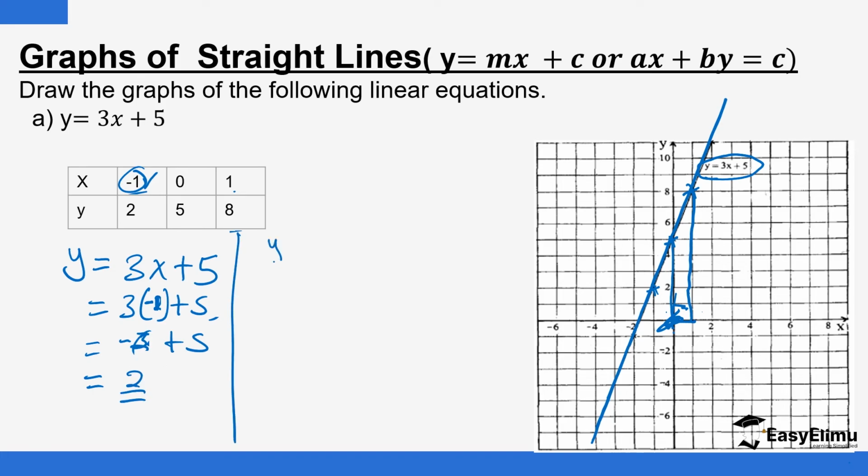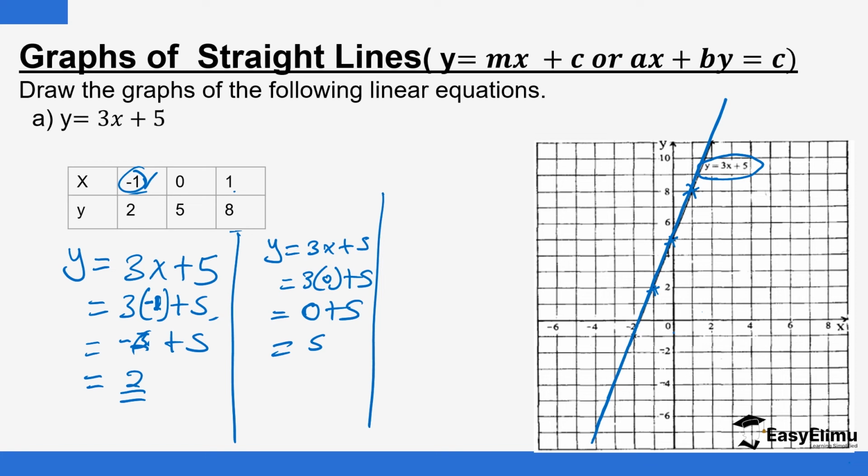The same applies to y is equal to 3x plus 5. When x is 0, 3 into 0 plus 5, which is equal to 0 plus 5, and that is equal to 5. The same applies to when x is 1, so y is equal to 3x plus 5. X is 1, so 3 into 1 plus 5, which is equal to 3 plus 5, and that is 8. So that is how we are getting the corresponding values of